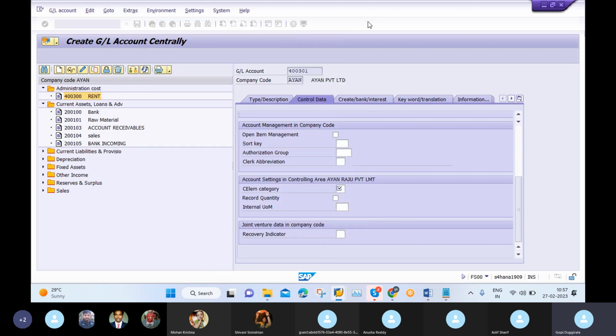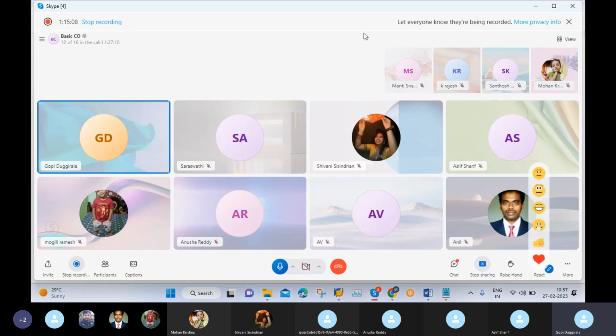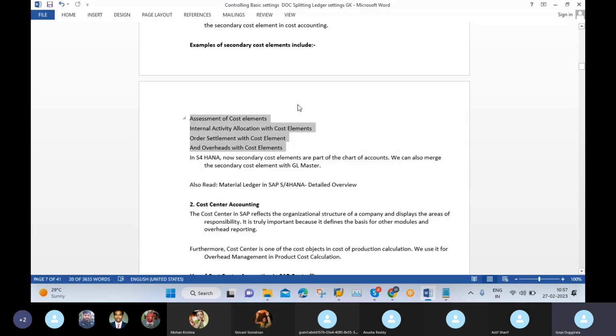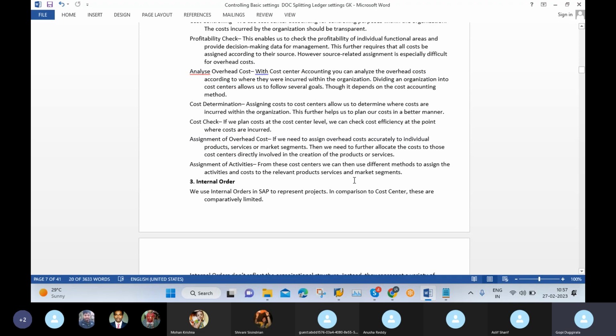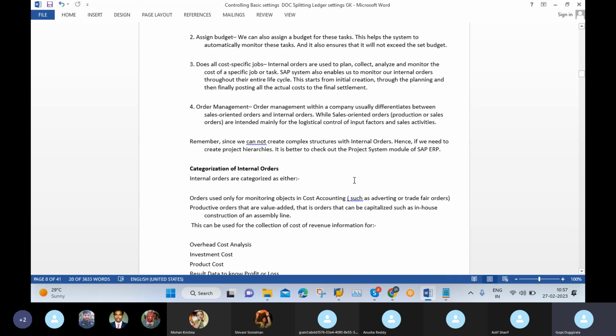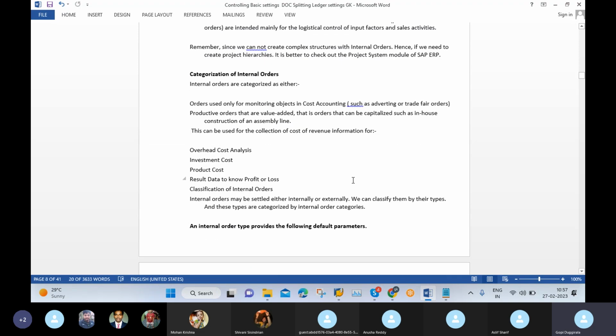ఓకే, సో ఇలాగా వీ హ్యావ్ ఎన్ నెంబర్ ఆఫ్ థింగ్స్. సో టుమారో ఆల్సో వీ కెన్ డిస్కస్ ఈ ఆర్ ఆల్ థింగ్స్ ఓన్లీ, and all are very very important from the interview point of view. ఓకే, so today maximum I will try to complete this topic, but it's not possible. I know it will take 3 to 4 hours or 5 to 6 hours also, but if you learn this way, definitely you will not get any surprises in your interview.